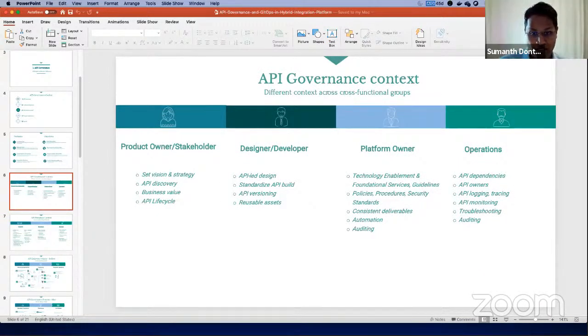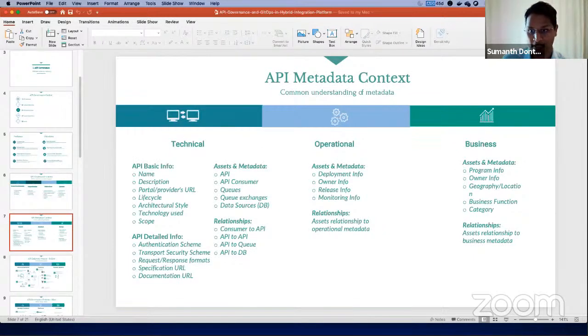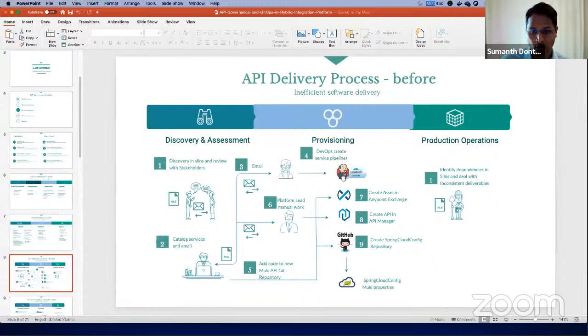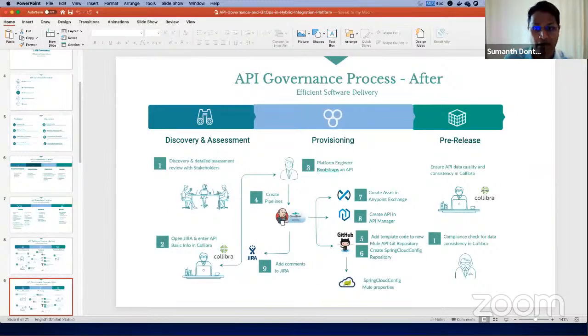If you're building APIs using any tool, any product, that is a process, because you still need to understand the business, technical, and operational context information that's missing. You want to understand at a high level where the Swagger, RAML, all that comes later, right? Nobody's interested in that. They want to at least understand at a high level this information, right? Then when you get into the low level details and this process I laid out, yes, we are using Collibra. I'm not saying go purchase Collibra, right? Any governance tool will help. And why we leaned onto it? Because it's already available. We don't have to build anything new.